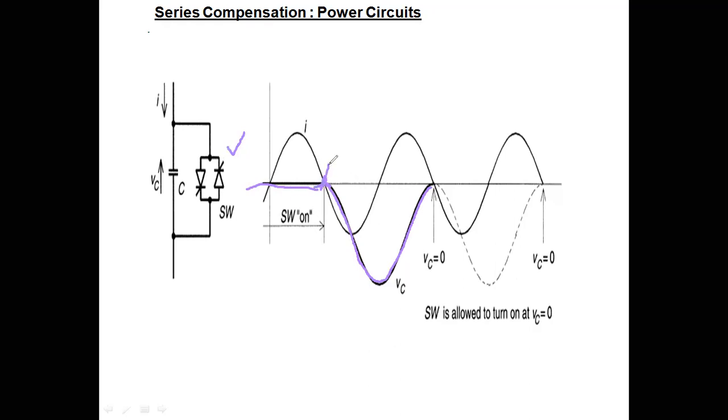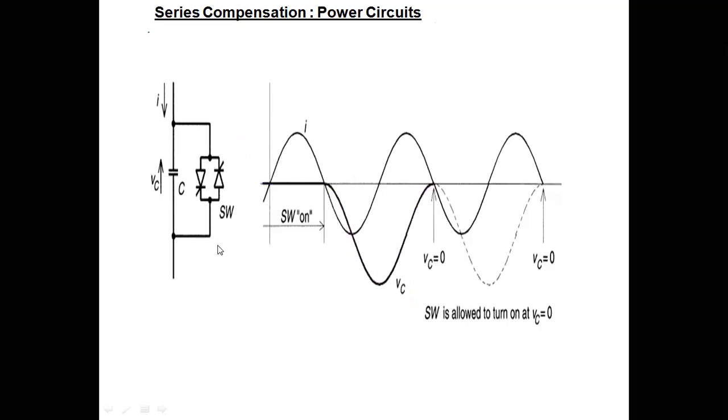This instant, that is the transition, we have to explain in the case of this one. It is not possible to control the capacitor voltage, so it is a simple thyristor switched series capacitor. A number of series capacitors we can use along with this one. And to reduce the harmonics in the case of GCSC, we take one GCSC and the remaining are all switched off at the zero instant, so that you get full waveforms. That is reduction of harmonics in the case of GCSC, similar to TCR.